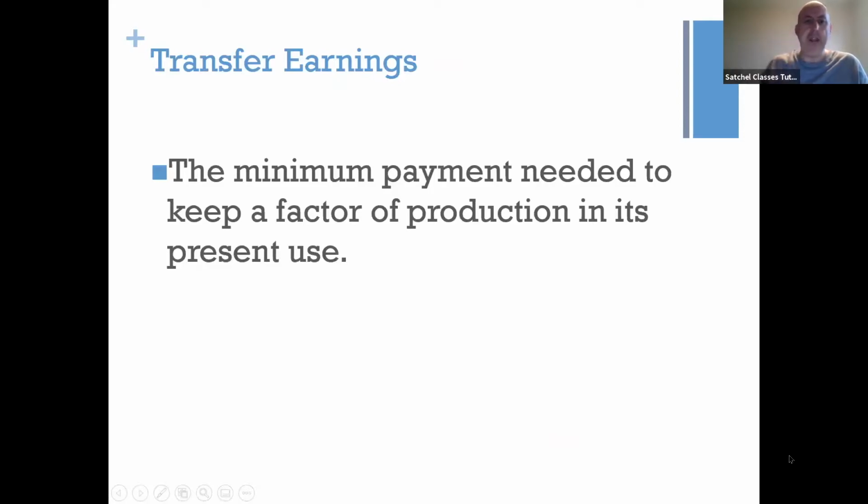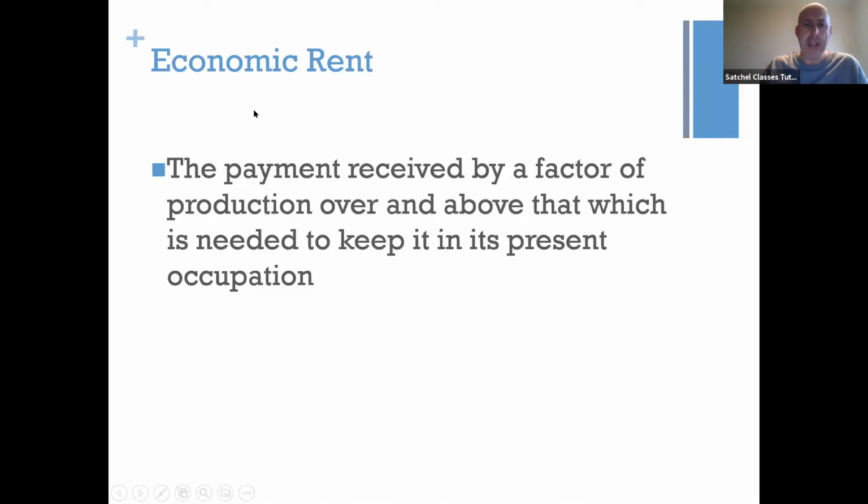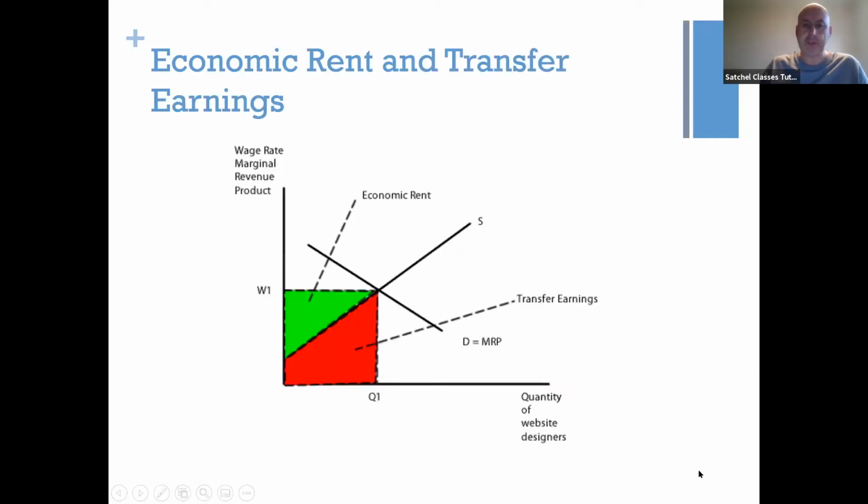Now, transfer earnings. This is the minimum payment needed to keep a factor of production in its present use. Basically, we could attract people out of one industry into another industry by offering them more money. Economic rent is a payment received by a factor of production over and above that which they need to keep in the present occupation. So we'll have a look at that as a diagram,